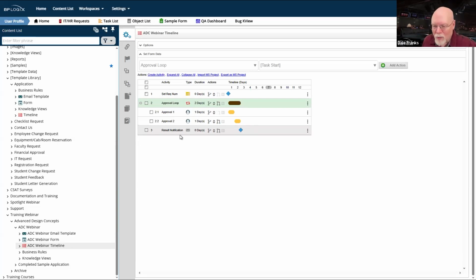And one of the things that makes process timelines so flexible and so delightful in one sense, and so utterly infuriating in another sense because of the level of complexity that you can apply, is that I may want to have this activity down here running as a dependent of approval 1. So it's perfectly valid if you need to do it that way.